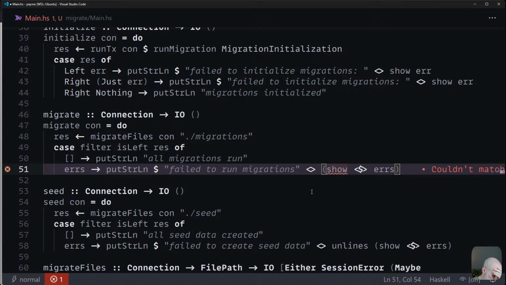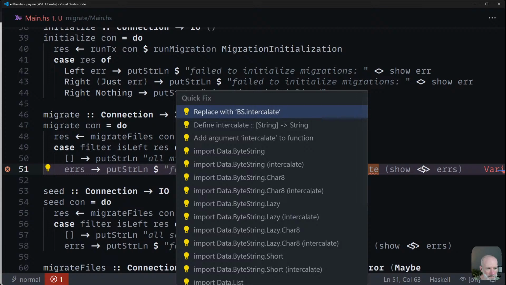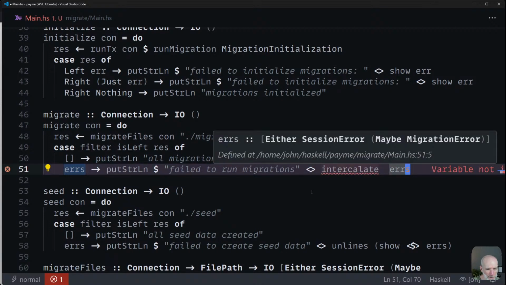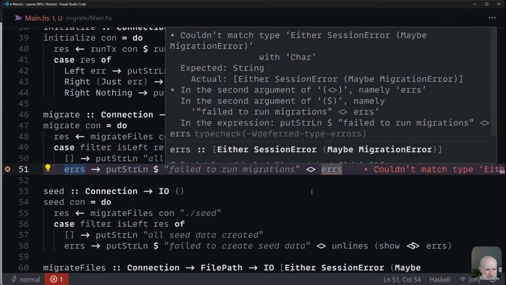Give a list of lines. So maybe I want to join them, intercalate. What are the errors? Errors are, I don't believe that's true. So this error is either a session error